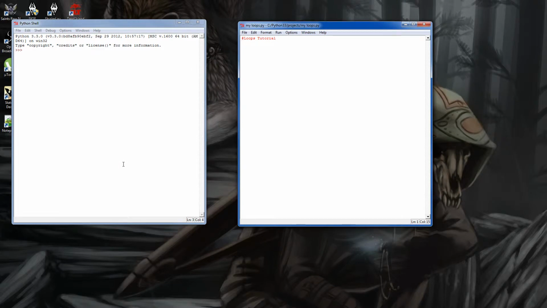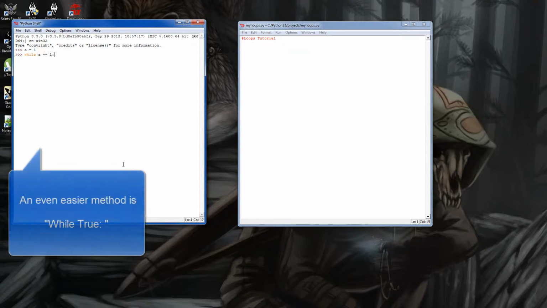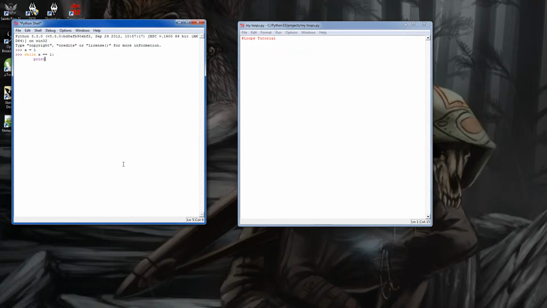Essentially, loops are just that, they're loops. They rerun and follow the same path over and over until a set condition is met. For instance, if you want to create an infinite loop, a loop that never stops, it's pretty simple. a equals 1, while in this while loop, and then you give it conditions. So while a is equivalent to 1, you use your colon symbol to say I'm done with the conditions. Now when this condition is met, I want you to do this, and we're going to say print